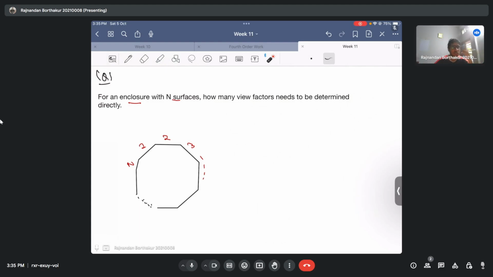You can always assign this view factor Fij corresponding to all the ith surfaces that we have considered. Given that, what they are asking is, if I have an enclosure of these n surfaces, how many view factors should you directly know to know all the view factors? It's a straightforward question: if there are n surfaces,